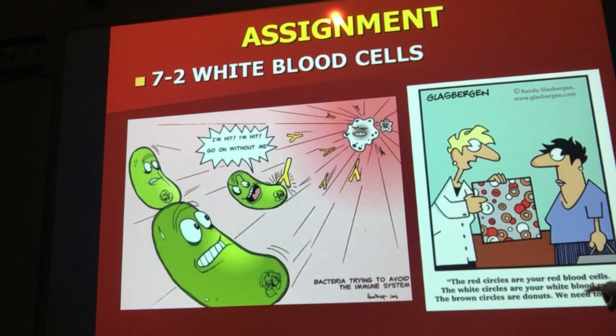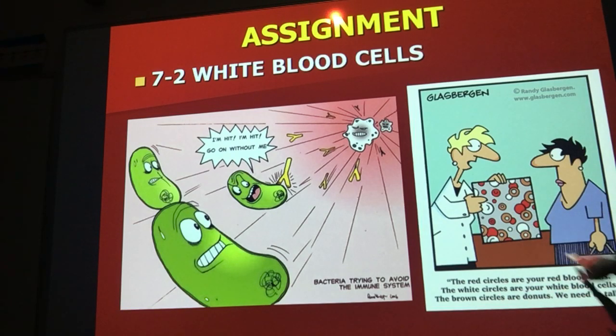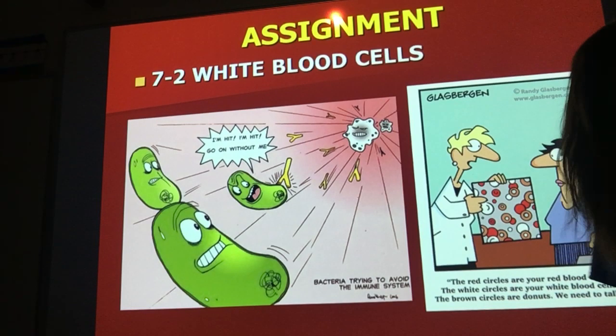And what's our other joke? The red circles are your red blood cells. Yeah, we learned that. The white circles are your white blood cells. Yeah, we just learned that today. Oh, the brown circles are donuts. We need to talk. Ha ha ha. Okay, so